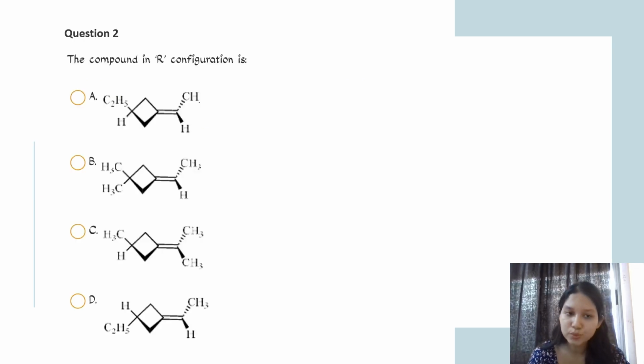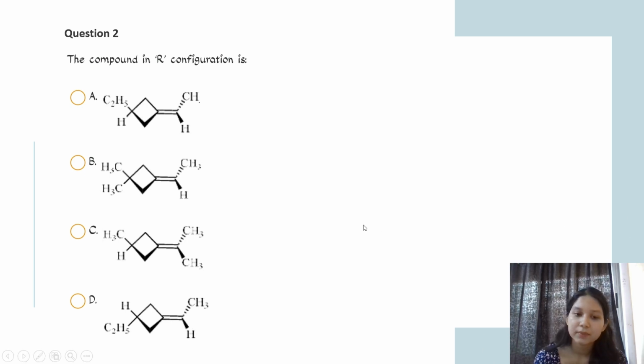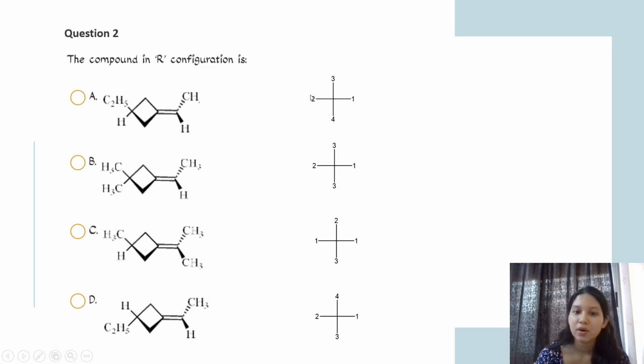In question 2, we learned how we name this kind of compounds which are possessing axial chirality. We placed our eyes here and we tried to visualize the molecules in accordance with their substituents present in the